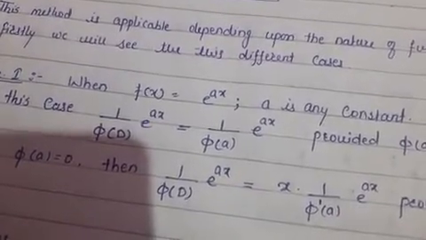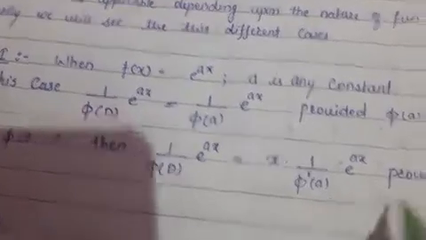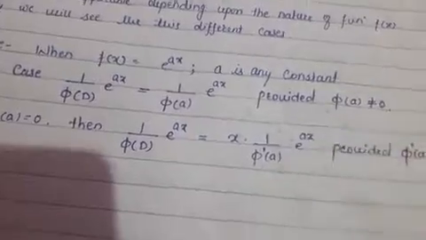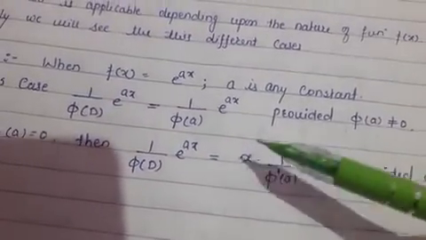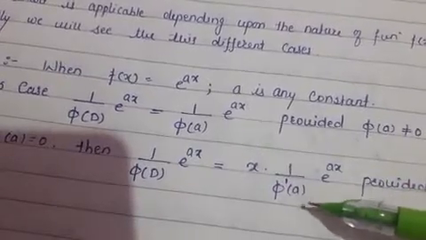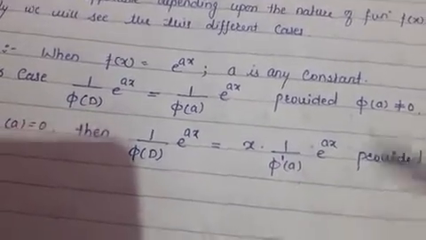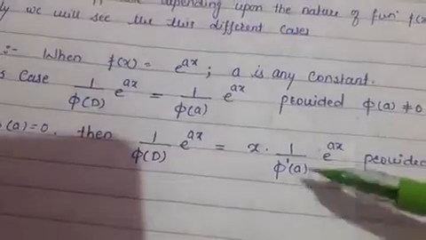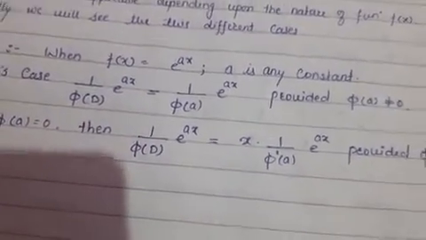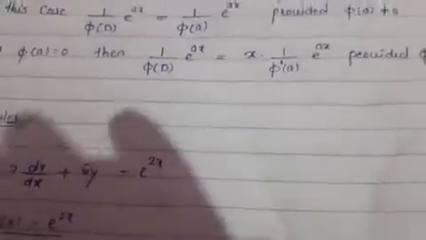Now here also there is one condition, that phi dash of a is not equal to 0. If it is equal to 0, then again repeat the same process: multiply by x again and take the derivative, so it becomes x square and phi double dash. We have to continue this process till phi dash of a becomes a constant term. So this is the first case. Now we will proceed to the examples.